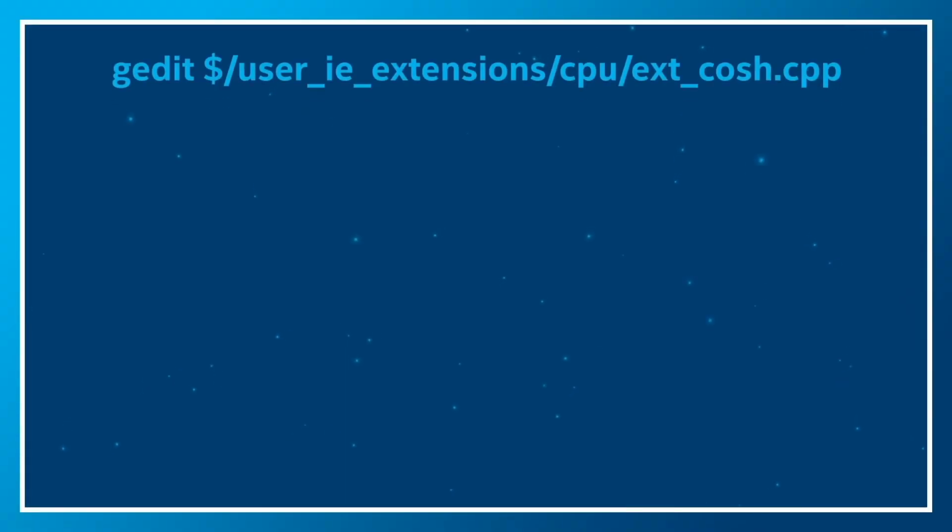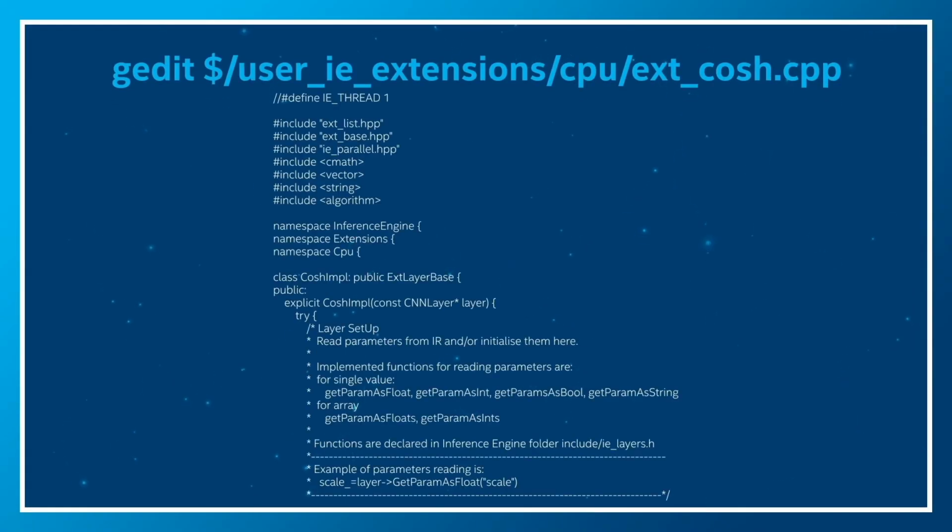In the last video, we generated template files for the IE and MO and updated the files for MO with the hyperbolic cosine operation. Now, in order to implement the custom layers for CPU, we need to update these two files. First, using this command, let's open this C++ file and implement the hyperbolic cosine function. To efficiently execute the code, use the Intel Threading Building Blocks library. To execute the code in parallel, we need to include